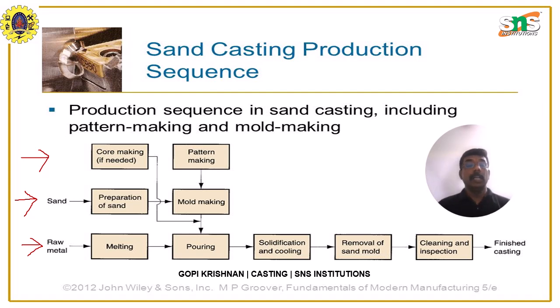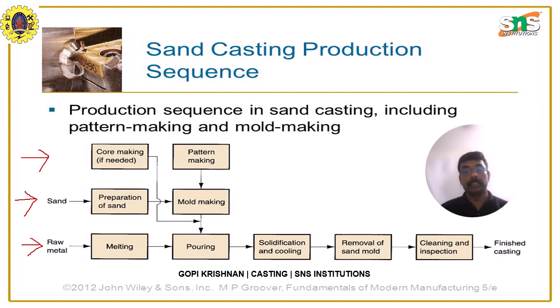For example, if you want to make a completely solid product, we do not require the core material, whereas if we are asked to produce a component which has a central hole, we have to make a core which resembles the central hole, and we have to place it inside the metal cavity,